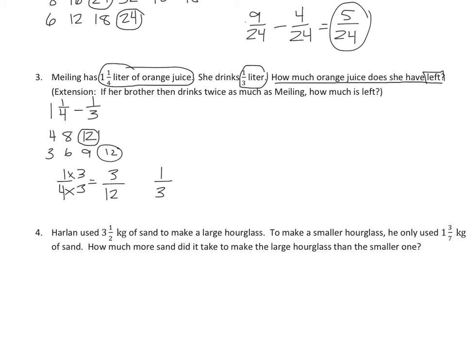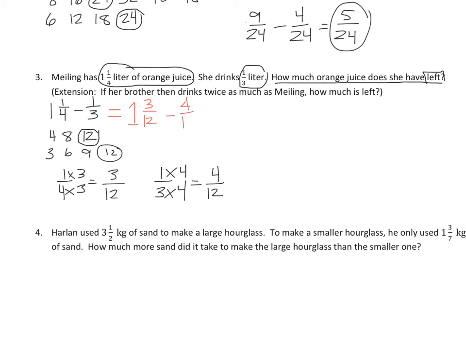1/3, let's multiply 1/3 by 4, because that will give me a denominator of 12 and a numerator of 4. So now I'm going to go ahead and rewrite the expression with our like units now. I'm going to say that this is going to actually equal 1 whole, and 1/4 is the equivalent to 3/12. So I'm going to put 3/12. And then I'm going to take away 1/3, which is the equivalent of 4/12,